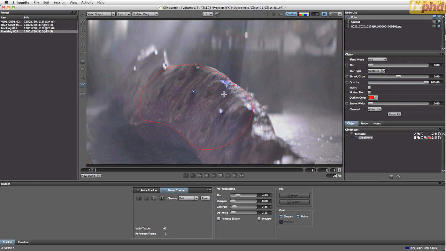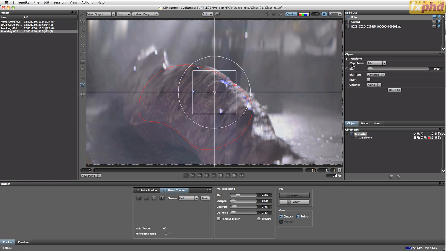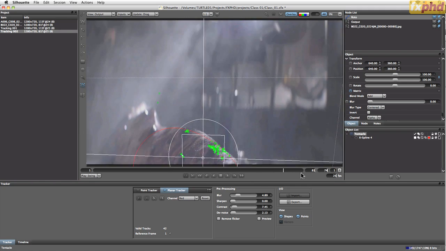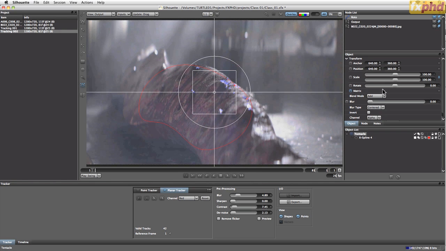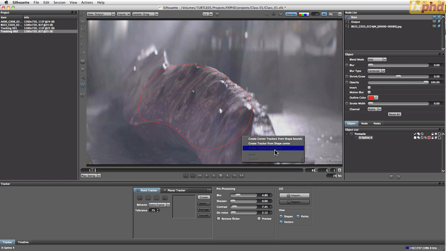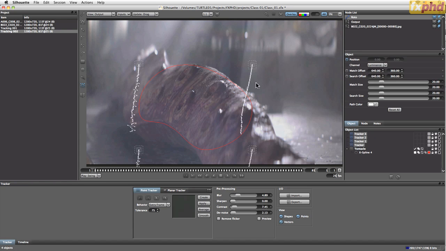Now, whilst we have no direct access to this tracking data here, we don't even need to apply it. It's already automatically applied onto the matrix of our main shape. Once it's there, there is actually a little way of getting access to it and trying to clear it up a little bit. So if I come over to my point tracker now, right click on my spline, I can create corner trackers from the shape bound. So this is now going to give me 4 new tracking points,